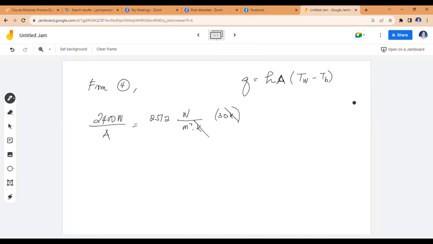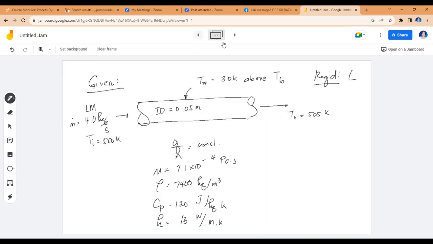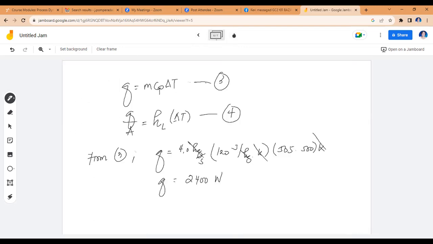So you get to cancel the Kelvin unit here, you get to cancel the watt units, and you will have the area in square meter. So the remaining unit is square meter. In this case, your area is 3.185 times 10 raised to negative 2 square meter. Now, I said a while ago that this area is not cross-sectional area, but lateral area. So this must be the pi D L. And this is the 3.185 times 10 raised to negative 2, which you need to equate to pi times the diameter, which is 0.05 meters, and then you have the,